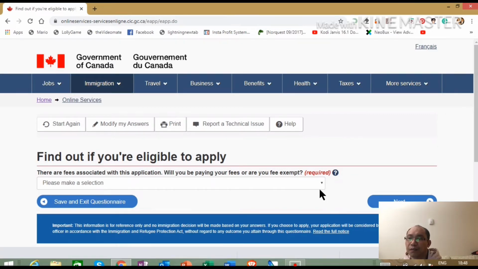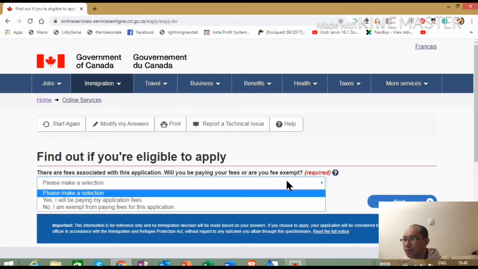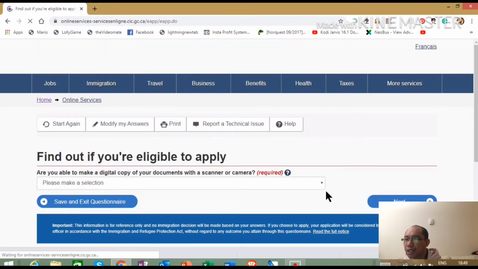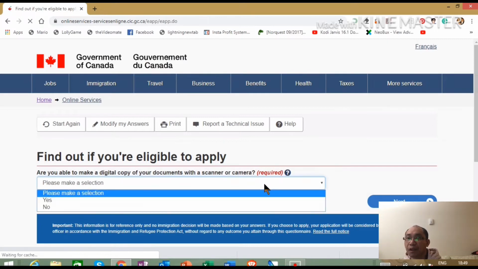But I think right now the change is that whether you had an application before or not, you still have to undergo biometrics. I think it started last November, so you will still undergo the biometrics this time. So yes, I'm paying my application fees. Click next. And then this one is, are you able to make a digital copy of your documents with